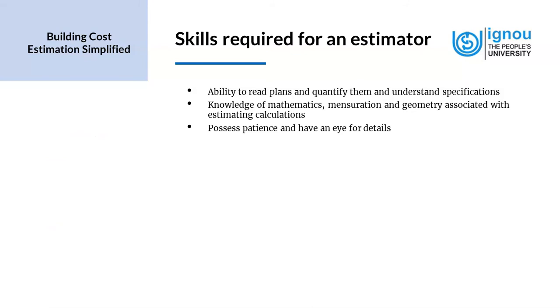Okay, the estimator is to have patience and an eye for details, because it can be laborious work going in detail through multiple drawings and then correlating drawings to have an idea of how the building part would be in future. And also having an eye for details is important, because there would be some minute details that may skip one's attention. And so an estimator ought to have skills for finding out these details which may not be very obvious in the first go.